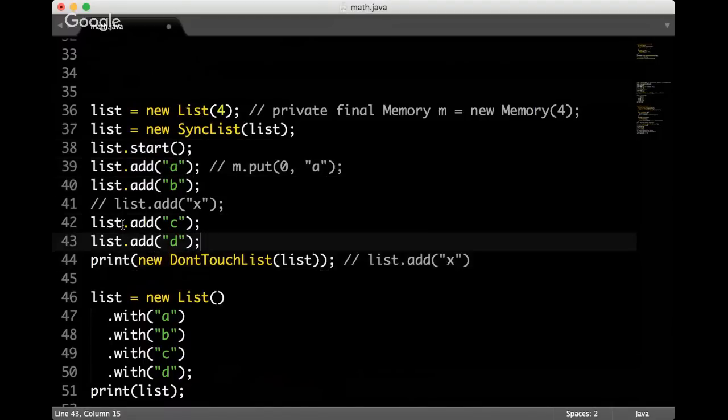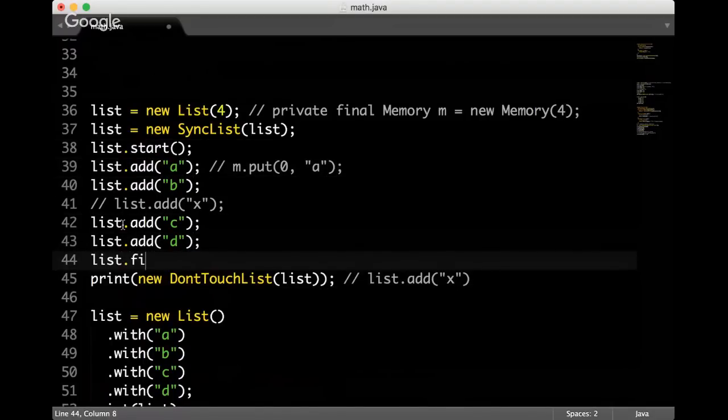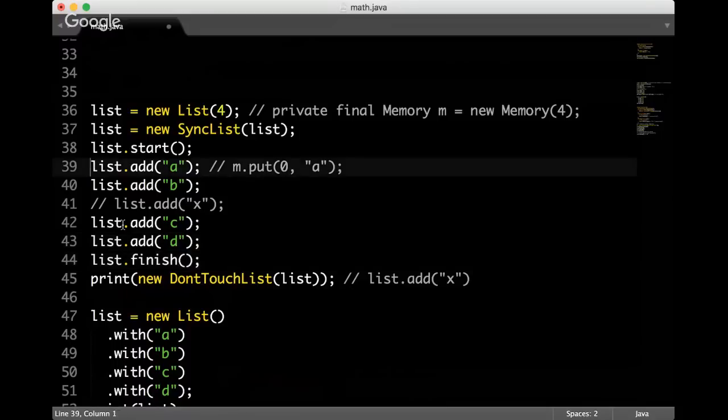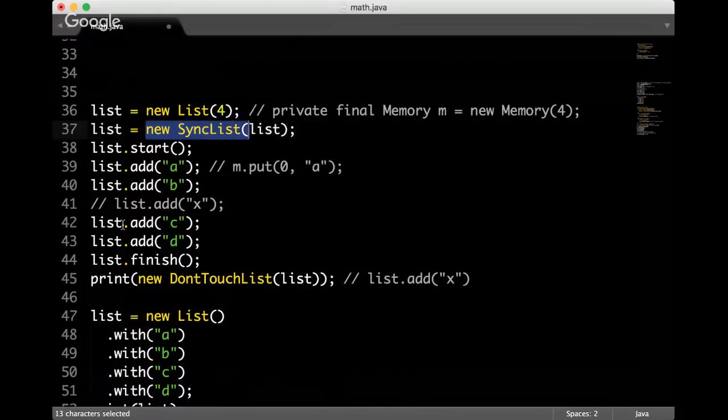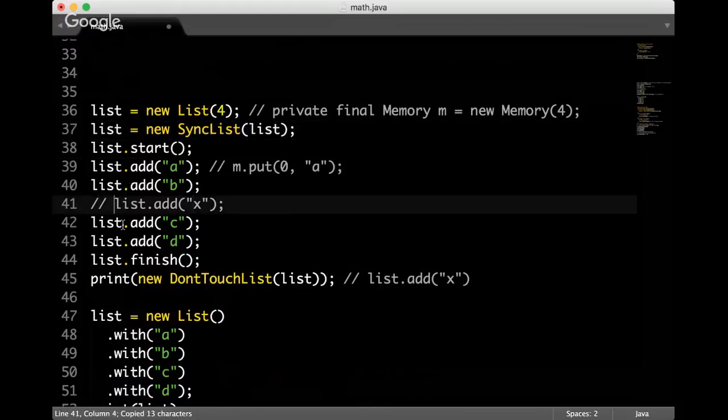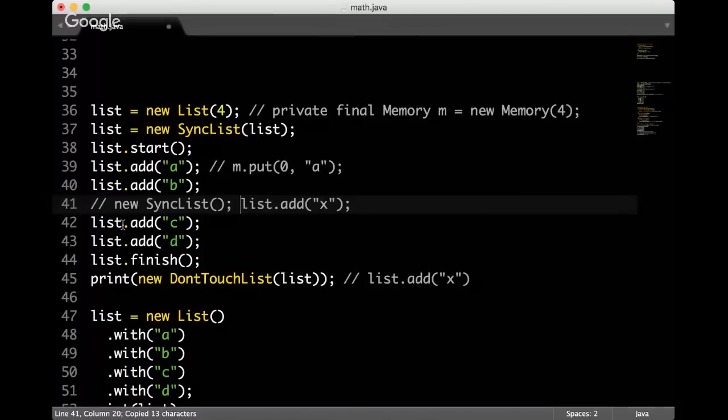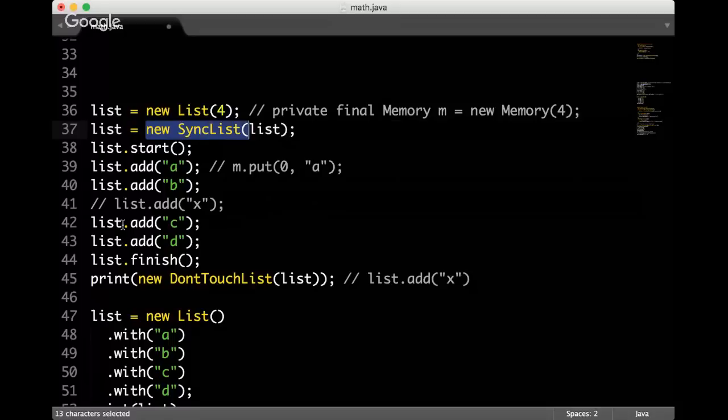And then here I said list finish. Then I did the same with another thread. So now my list is always synchronized.